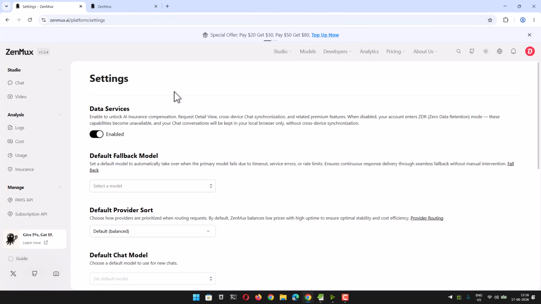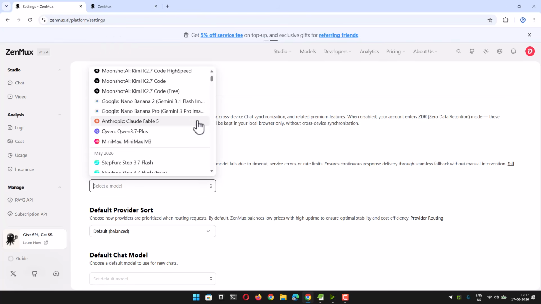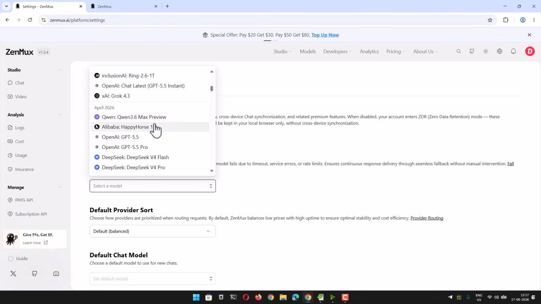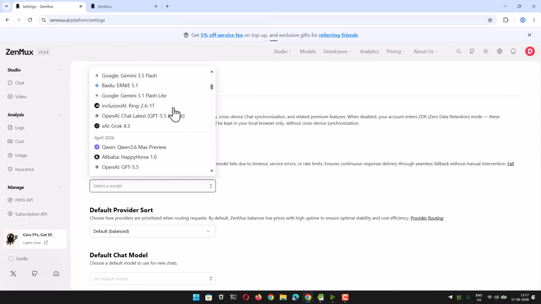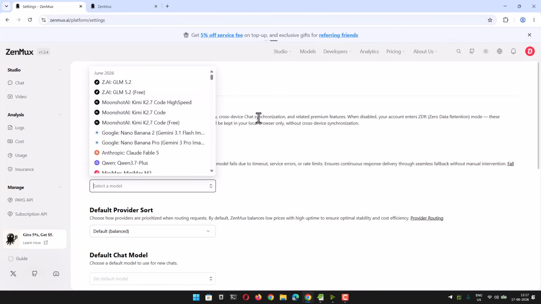So here you can see you can pick the models, and here you can set Z.AI GLM 5.2 free and Kimi 2.7 free. These two models are free right now that you can set there. Also Step 1 and others, you can check through the list what's available for free and so on. So each month they rotate something. So if you are seeing this outside June or July, you will find that the months list is found in